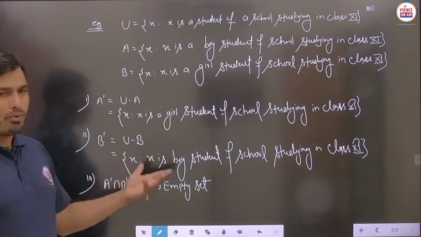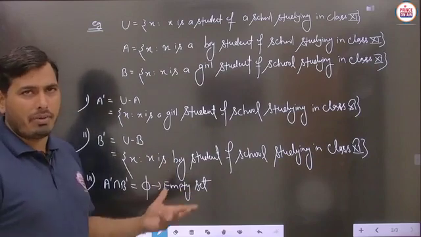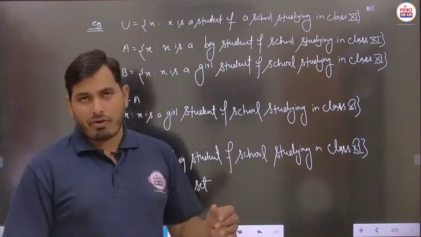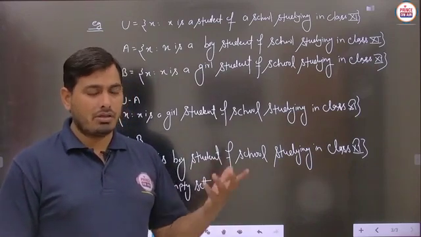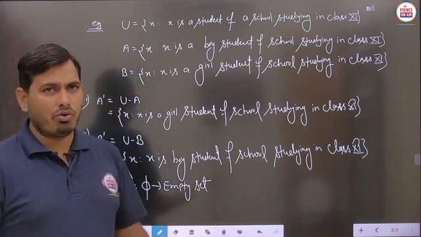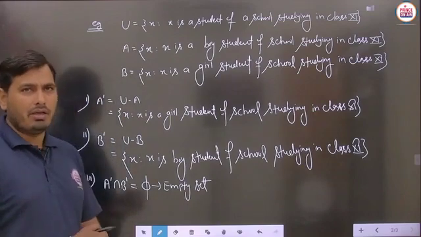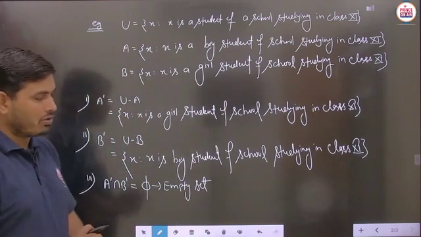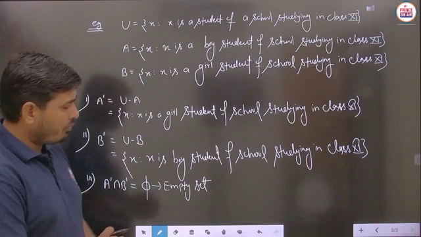What are the main important things related to the complement of any set? You can just discuss the Venn diagram in each and every case. Try to make more and more Venn diagrams so that the concept will be easily clear to each and every student. Is it clear? Now students, pause the video to note it down.